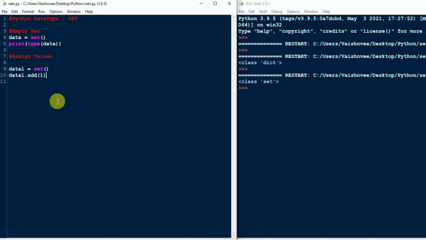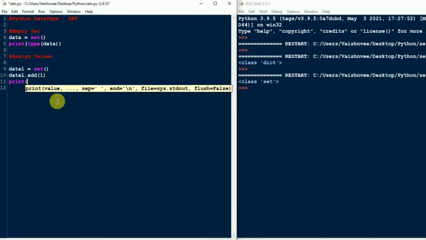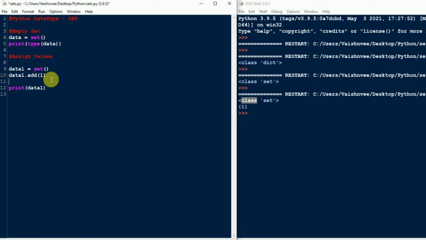Whenever you want to assign values in the set, at a time you can assign only one value. If you want to assign multiple values in the set, you can use a for loop, a looping statement. Suppose here I have added the integer value 1. Now I'm going to add a floating value, suppose 12.6, and here I will add a string, suppose hat. Again I will add a number, suppose 100. Save the file, run the program.